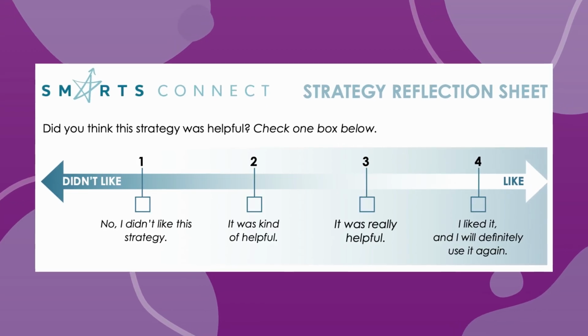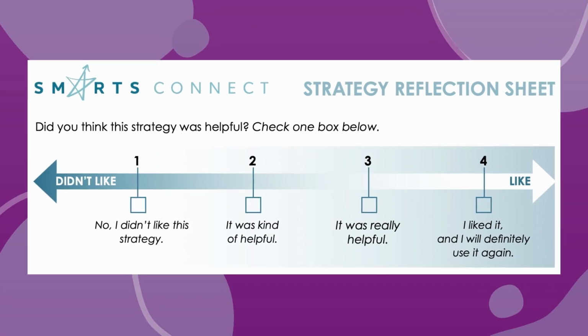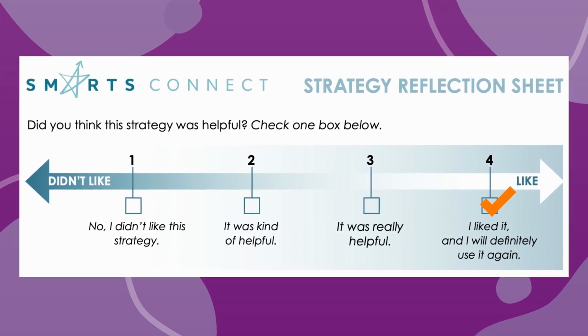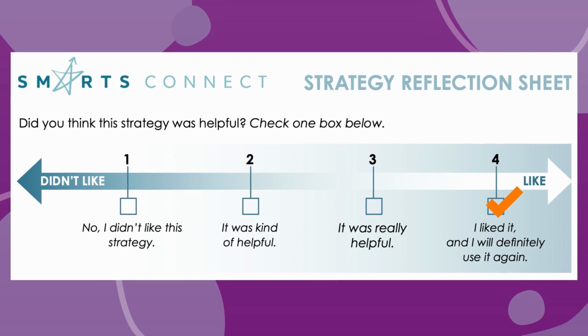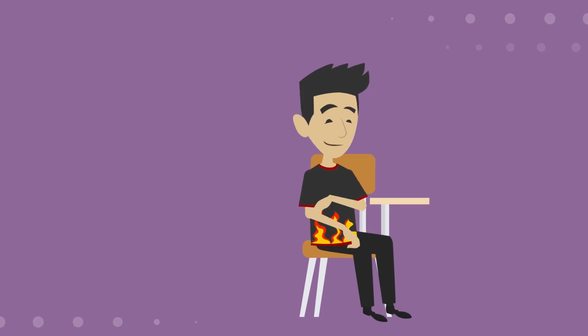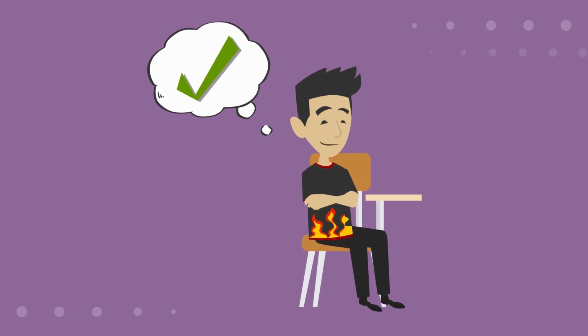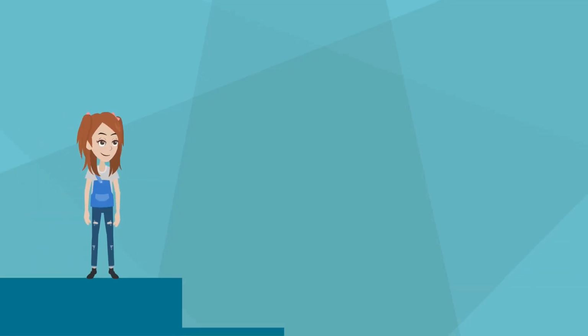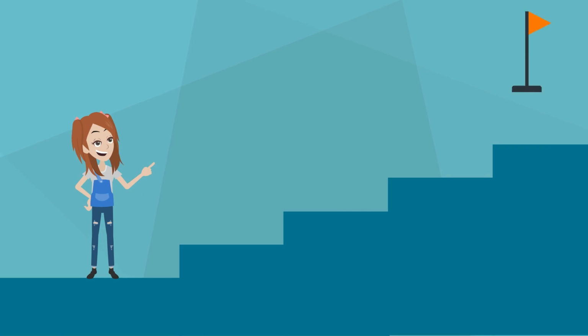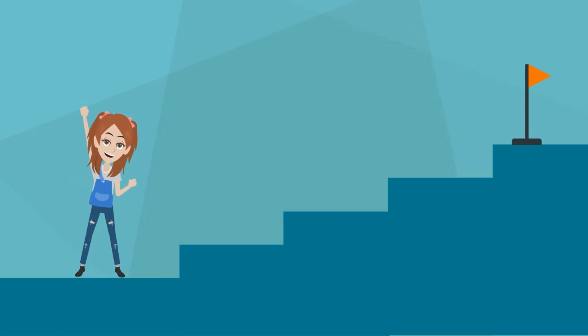You can use strategy reflection sheets, strategy shares, or strategy walls to reinforce the reflection stage of the strategy instruction process. The reflection stage is crucial because all strategies do not work for every student all of the time, nor do they work across all content areas. Students need to be able to reflect about what works best for them as they develop a strategic approach to learning. This step-by-step approach is embedded in each SMARTS lesson plan, ensuring that students are successful as they learn our